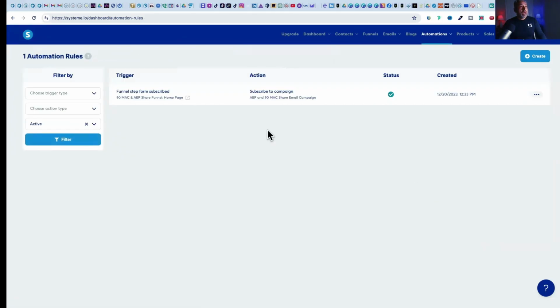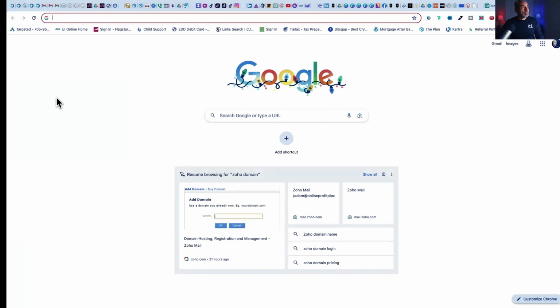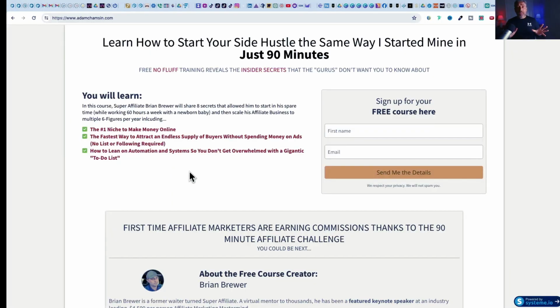Then I'm going to save that rule. Now we have the domain name set up, the email is getting authenticated, and we linked everything, and everything should be working. Let's test it. Just open a new browser and I'm going to type in adamshamseen.com. So this course is going to show you how to actually create a high-ticket affiliate business